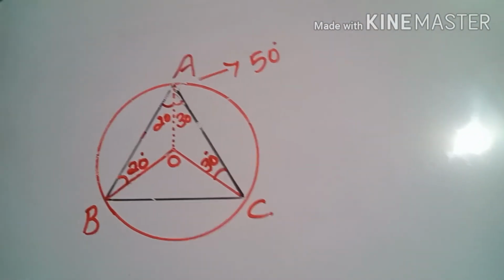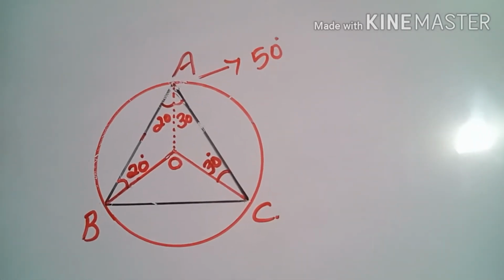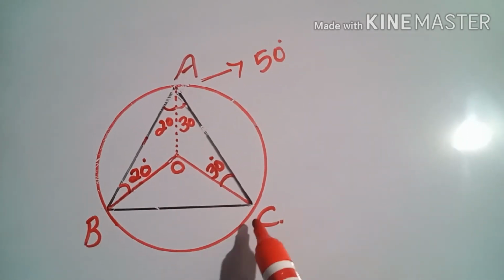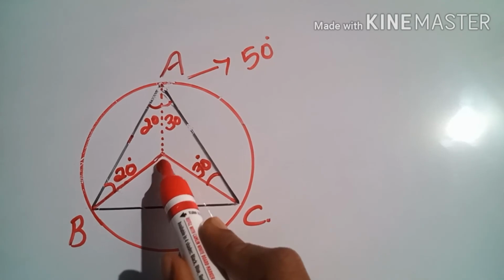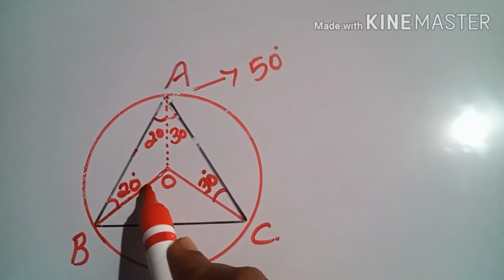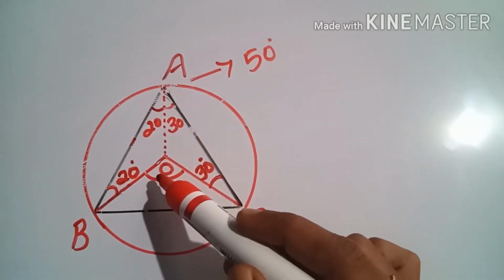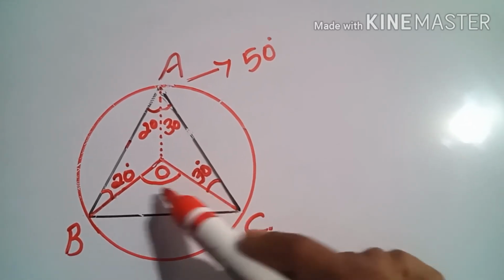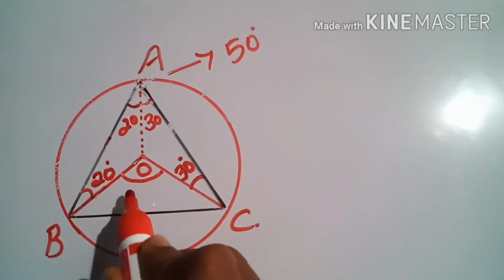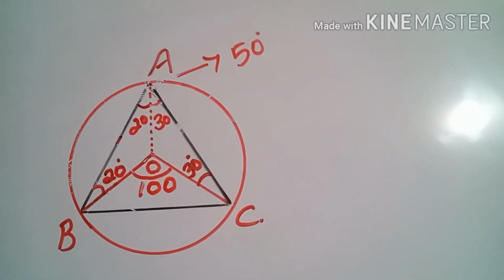Now we know the concept. Consider the line BC. This is a chord. B and C are on the circle, so BC is a chord. From B and C, the central angle O is here. So if this angle A is 50 degrees, what will this angle be? Half and double relation. So this is the wide angle, just remember that. Wide means it will be double. So 50 here, that means this angle will be 100. This will be 100, double.